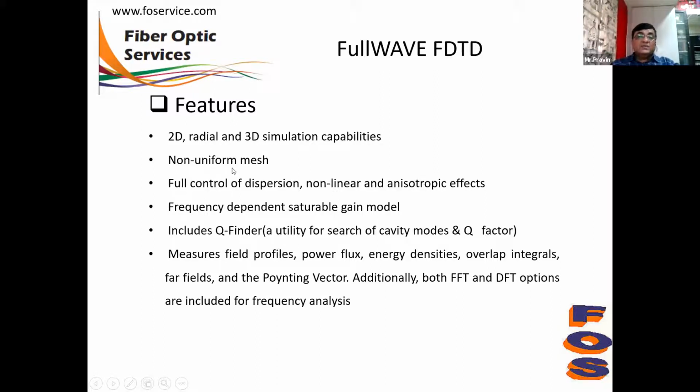It has a very unique feature of non-uniform mesh. Non-uniform mesh is very useful when you have a device where a certain portion has very little change in the index profile or the material profile. There, the grid can automatically be bigger, and where there are interfaces between two different indices or the index is changing, the grid size can automatically be finer.